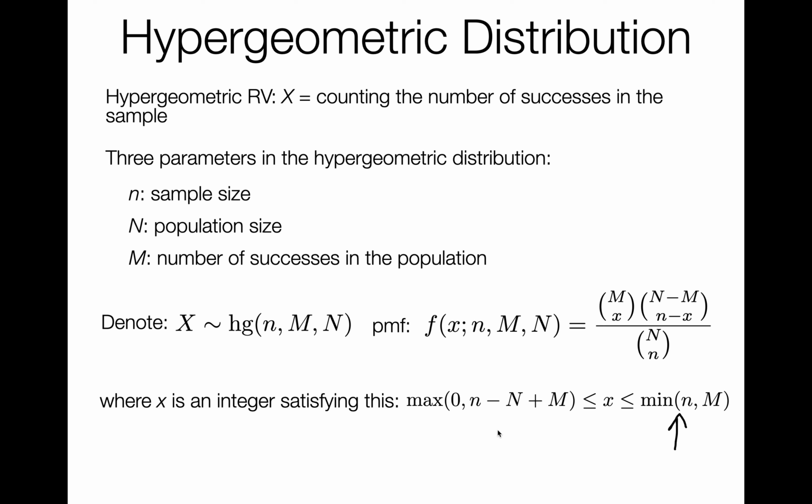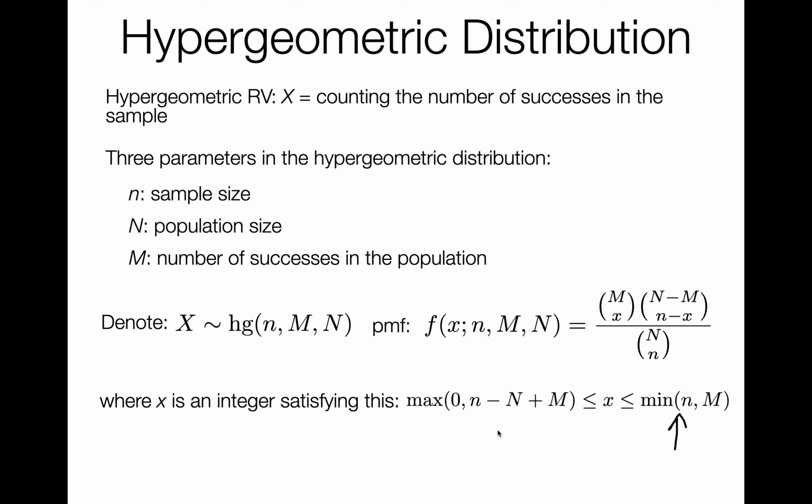So if I take a sample of size 10, and there are in fact only 9 successes in the population, so if n was bigger than m, then in the sample, I can only have up to